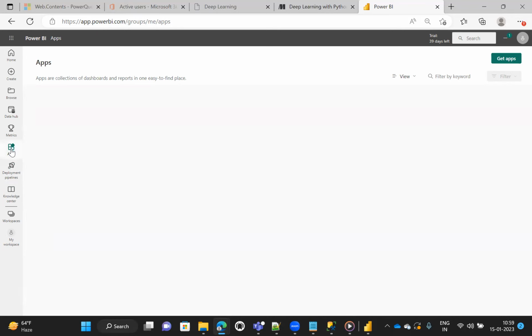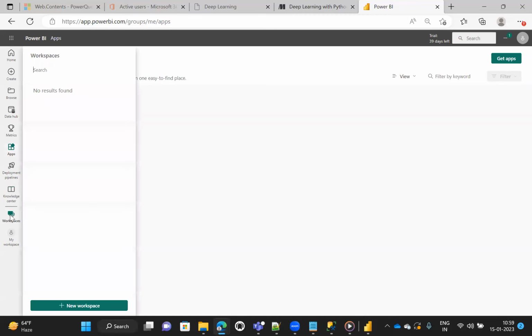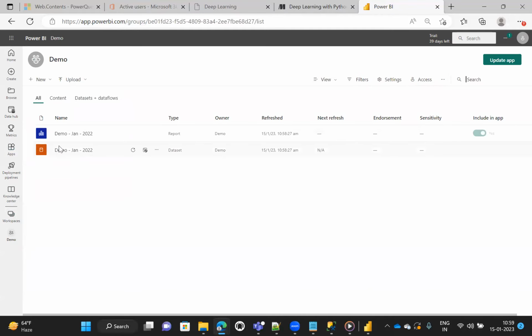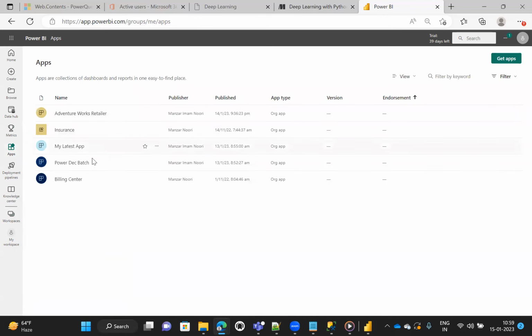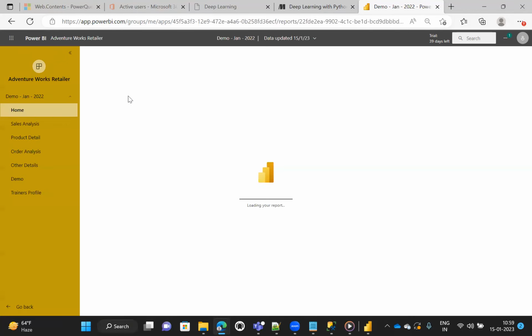Let's see in the Power BI Service. We don't have any app here. Let me check. Okay, we have the apps in Power BI here, and we should also have the demo. This is the demo Power BI app.